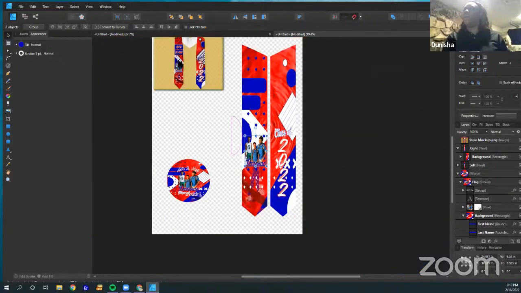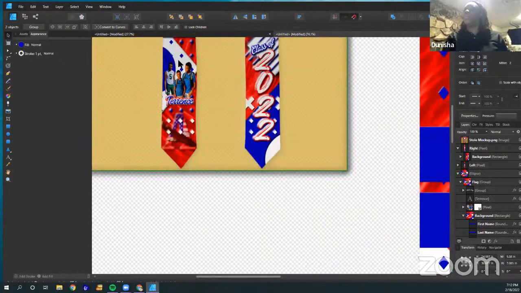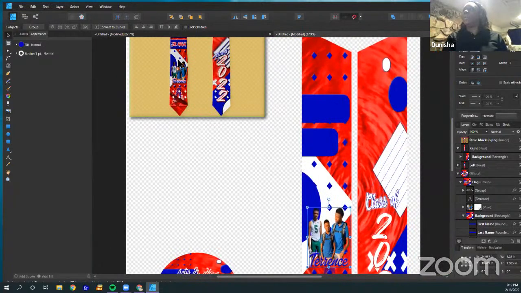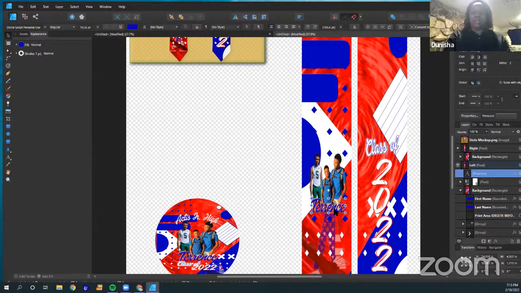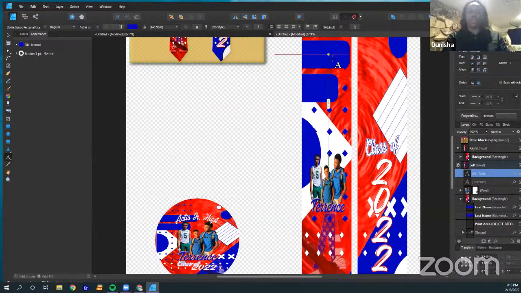And if I go back and look at my original, that's pretty much how I have it placed. The only thing I need to do is add the words to the top. I'm gonna scoot this in because I don't want to hit the edge. And let me just grab his name, duplicate that, and I'm just gonna type out the school name again, which is Actus, and this should be red.